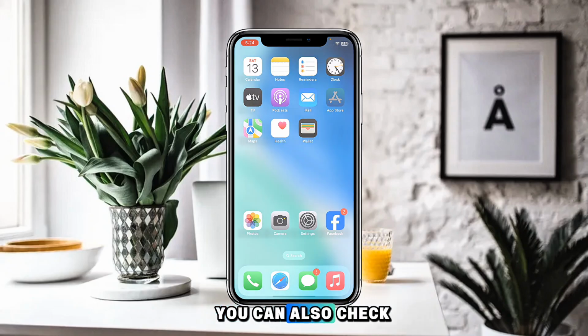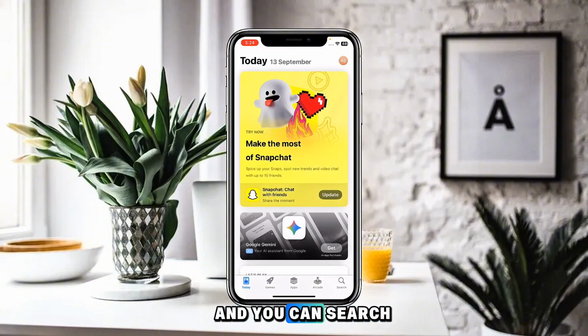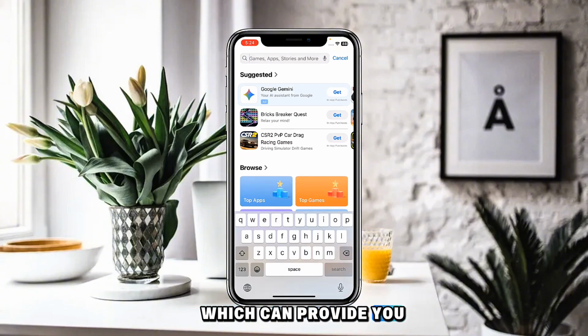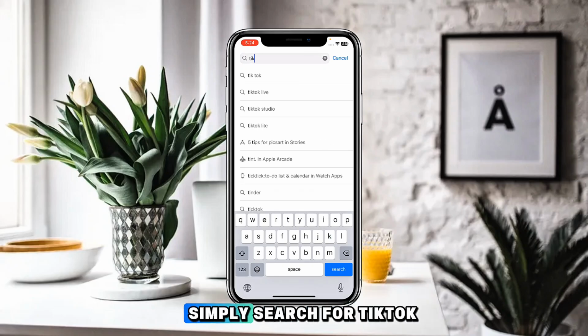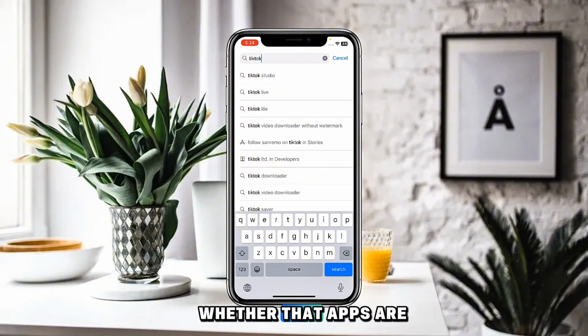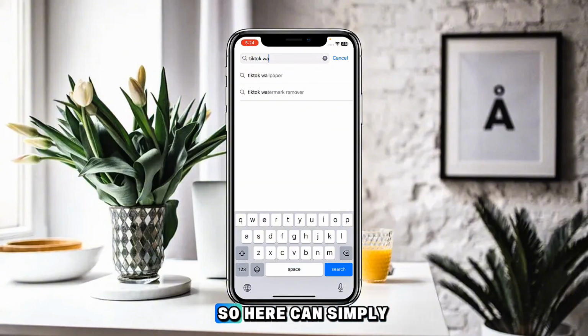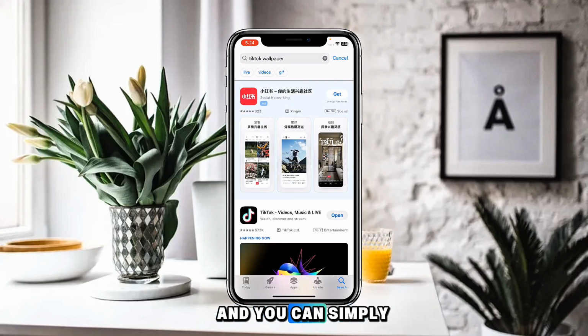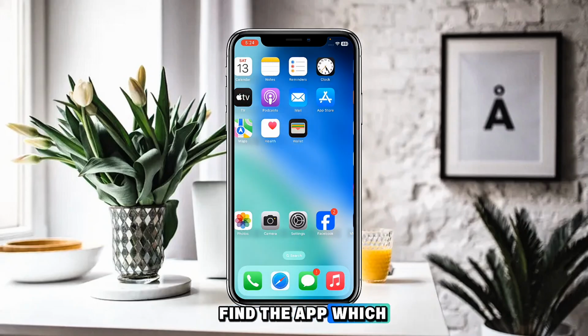Moreover, you can also check the App Store, and you can search for any app which can provide you a live wallpaper. So here you can simply search for TikTok live wallpaper. So here you can simply search for that option, whether those apps are available or not. So here you can simply search for that TikTok wallpaper, and you can simply find the app which can provide